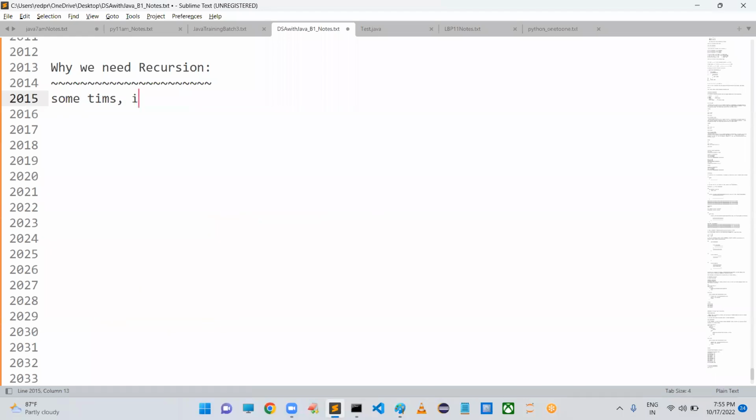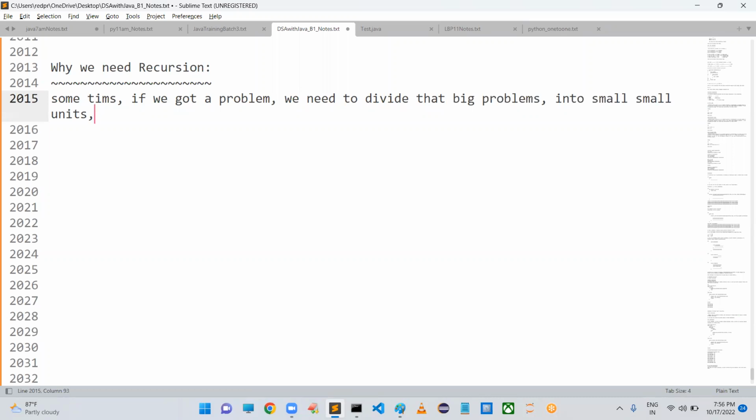If we got a problem, we need to divide that big problem into small units, and find solutions for these sub-problems, which in turn creates the solution for that bigger problem.